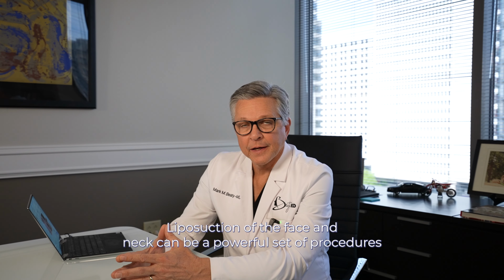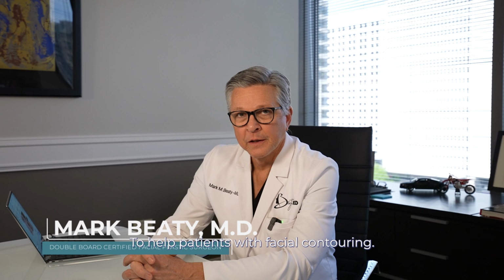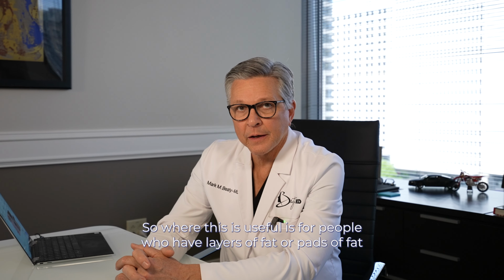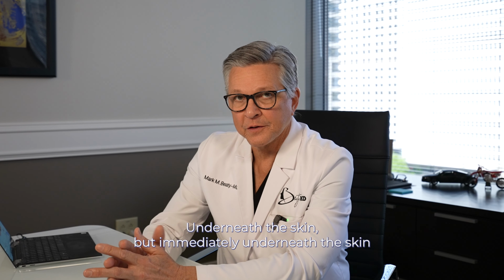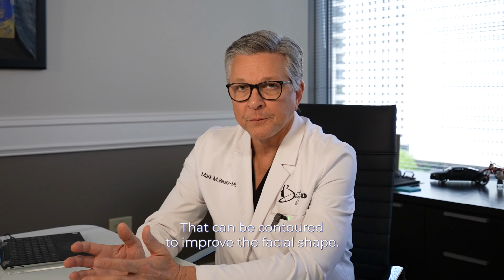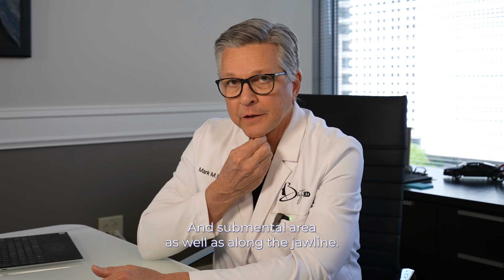Liposuction of the face and neck can be a powerful set of procedures to help patients with facial contouring. So where this is useful is for people who have layers of fat or pads of fat underneath the skin, but immediately underneath the skin, that can be contoured to improve the facial shape. By far the most common place that we do this is in the neck and submental area, as well as